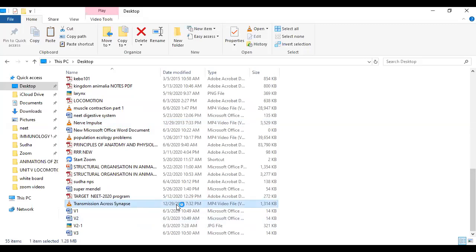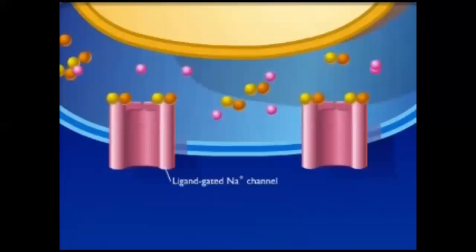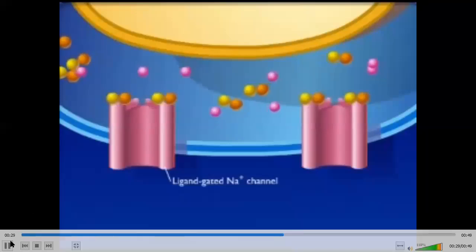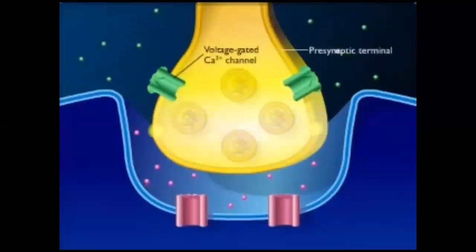Action potentials arriving at the presynaptic terminal cause voltage-gated calcium ion channels to open. Calcium ions diffuse into the cell and cause synaptic vesicles to release acetylcholine, a neurotransmitter molecule. Neurotransmitter molecules, acetylcholine, diffuse from the presynaptic terminal across the synaptic cleft and bind to their receptor sites on the ligand-gated sodium channels. This causes the ligand-gated action potentials arriving at the presynaptic terminal cause voltage-gated calcium ion channels to